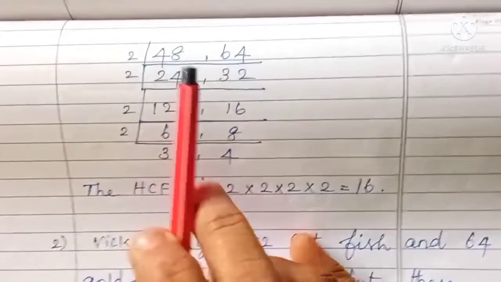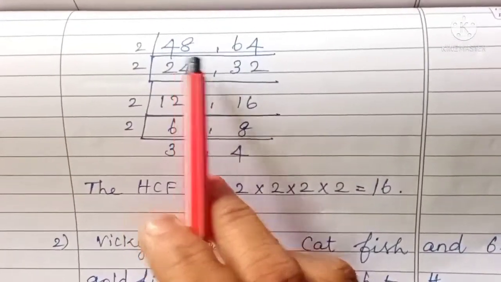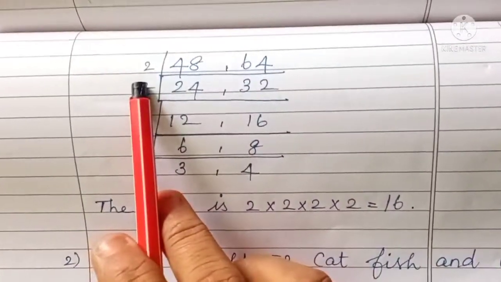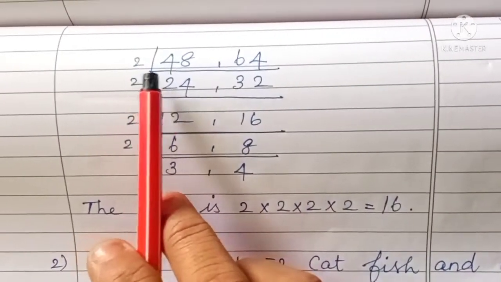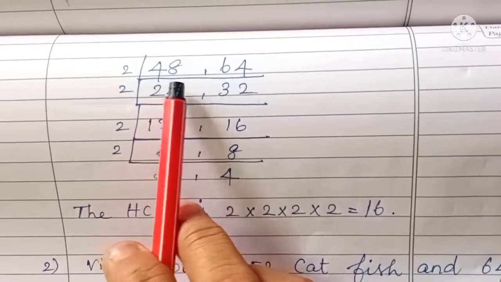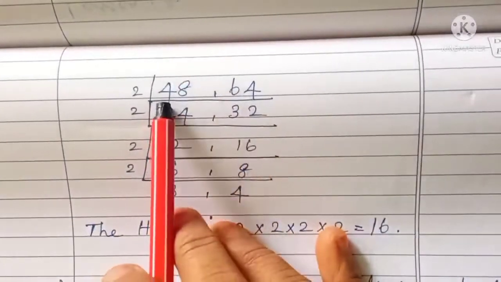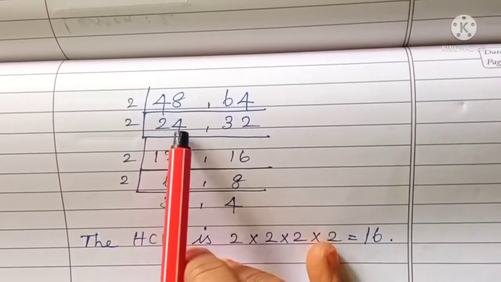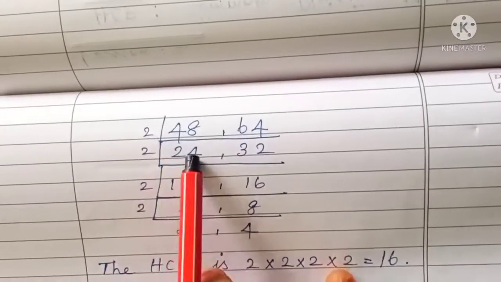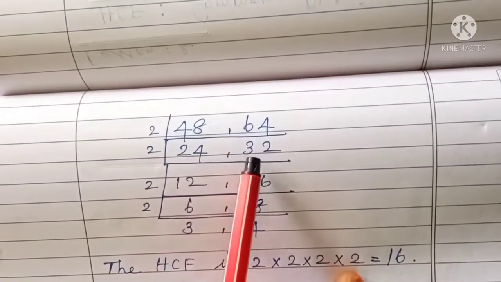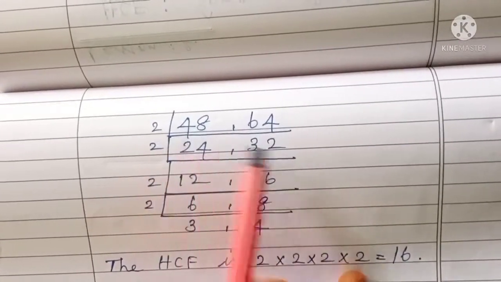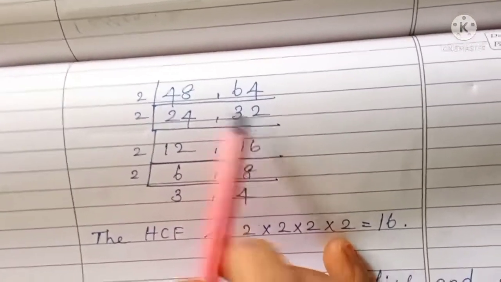So you have to divide 48 and 64 by 2. Here we are going to divide both numbers commonly. That is what we call the common division method. Now 48 in the 2 table becomes 24 times. 2 2s are 4, 4 2s are 8. Next, 6 will come in the 2 table becomes 3 times, 4 will come in the 2 table becomes 2 times. So 32 2s are 64.